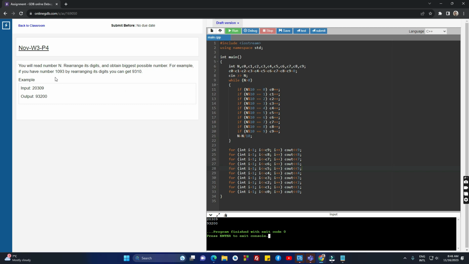Guys, let's solve the problem. So we will read our number, then using exactly the same digits, we must print the biggest possible number. So if you rearrange the digits, the biggest possible number will be 93,200. So you see that you put the largest digit to the left and you put the smallest digits to